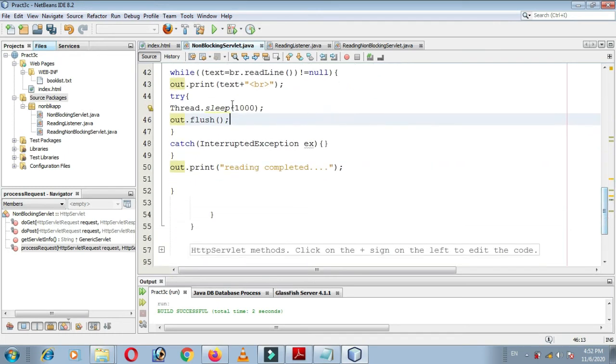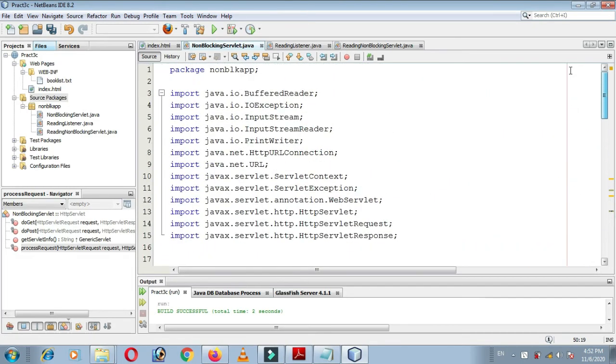For this try block, which includes Thread.sleep, there is a matching catch statement, InterruptedException ex. So if there is some interruption in reading the file, it will show the InterruptedException. And after the execution of the while loop is completed, one statement is there, "reading completed", which is displayed on the browser.